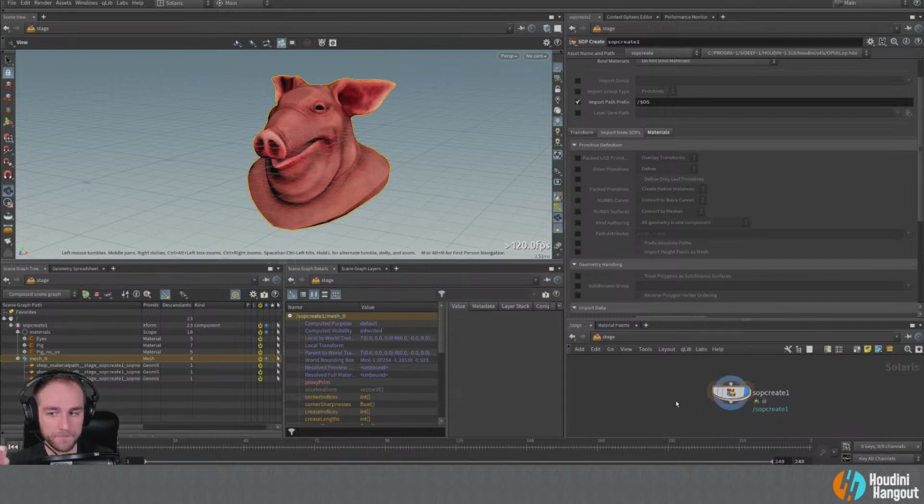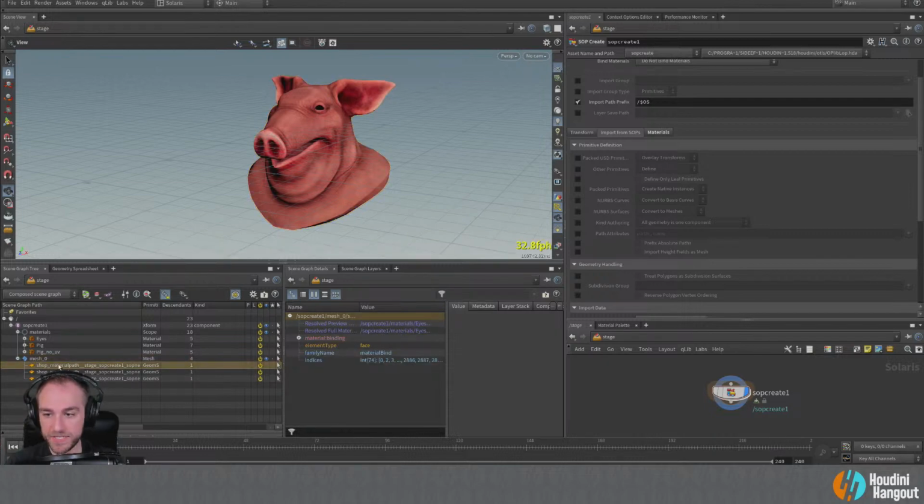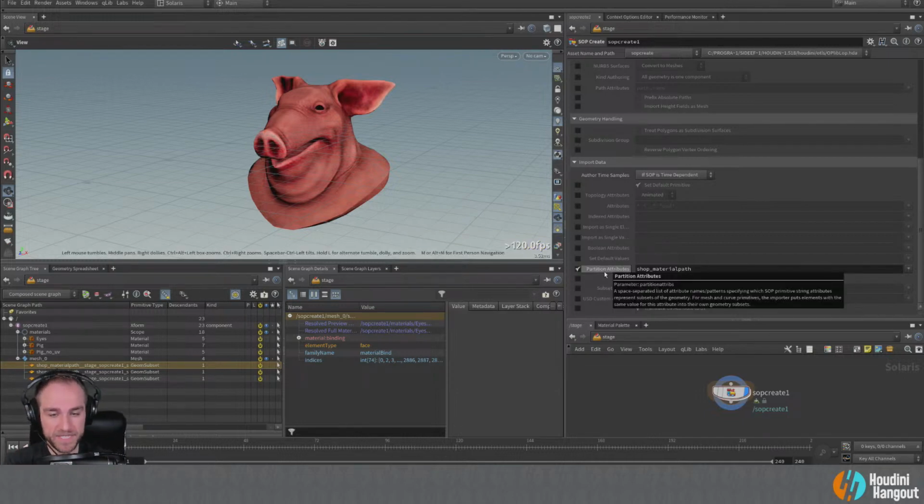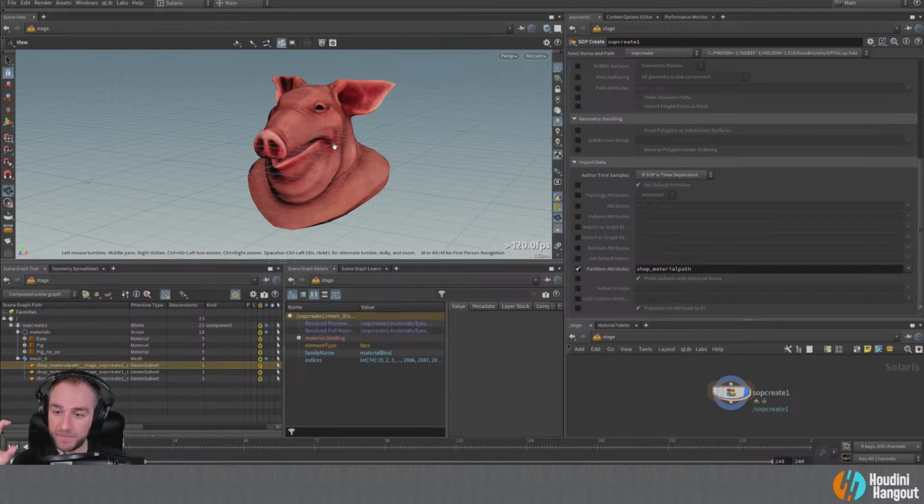Solaris. So, all right, let's first try to fix this issue here with these long, weird names, and we'll maybe talk about why exactly that's happening. Okay, let's move this around so we can see what's going on. Again, like I said, there's this partition attribute. What it's doing is creating these geometry subsets based on our shot material path attribute. So that's what's happening here. It's partitioning our geometry based on the material path, right? This is a way that we can add multiple shaders onto our one mesh geometry. So these are each subsets of this mesh geometry right here.